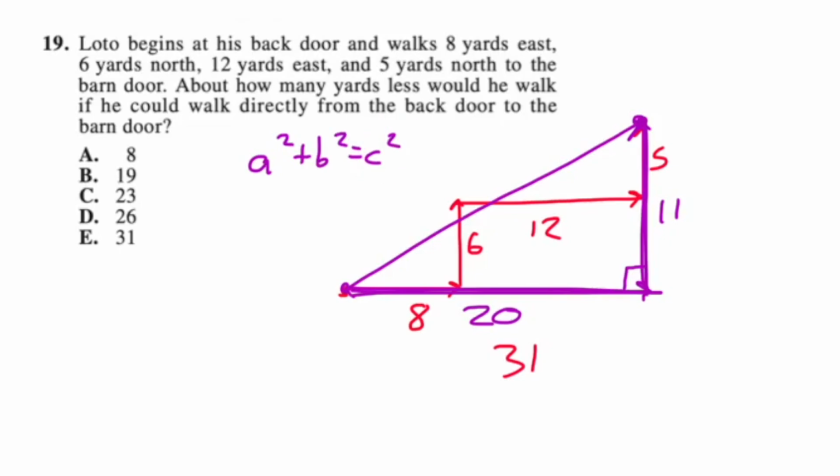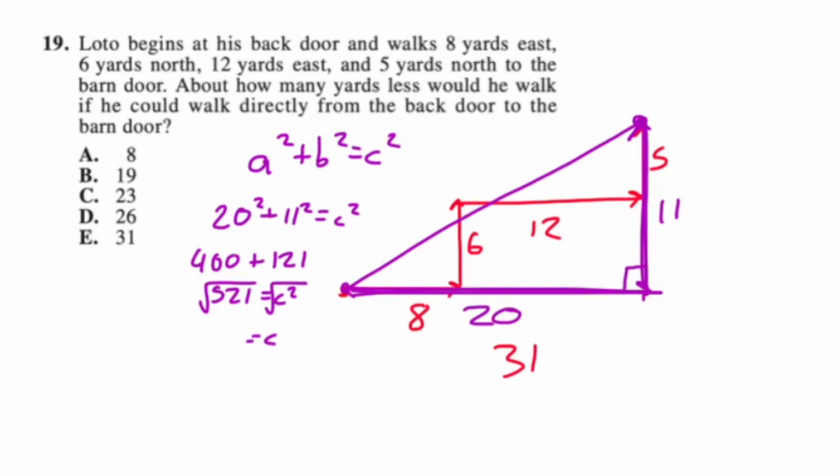And c always has to be the hypotenuse. So we'll say 20 squared plus 11 squared equals, and that will tell us what we get for c squared. So this is 400 plus 121, so that would be 521, and that's c squared, but then we have to take the square root of that to figure out what c is. So if you type the square root of 521 into a calculator, you get about 22.8,